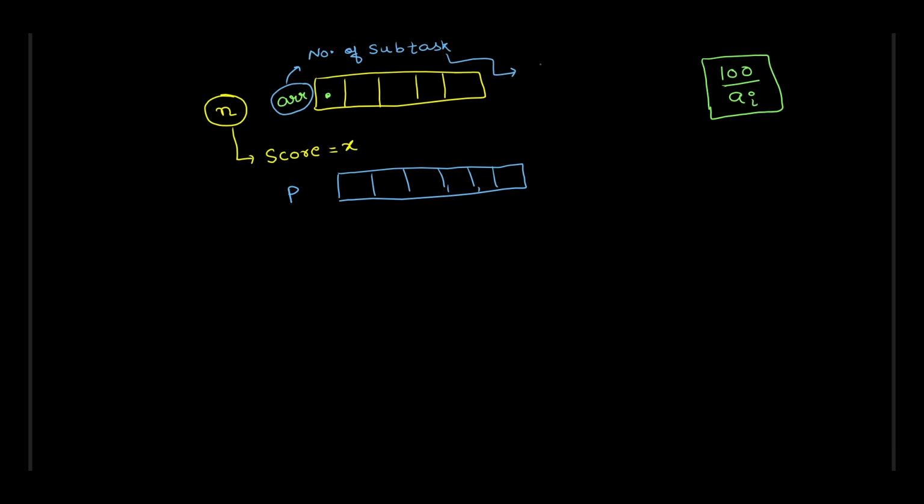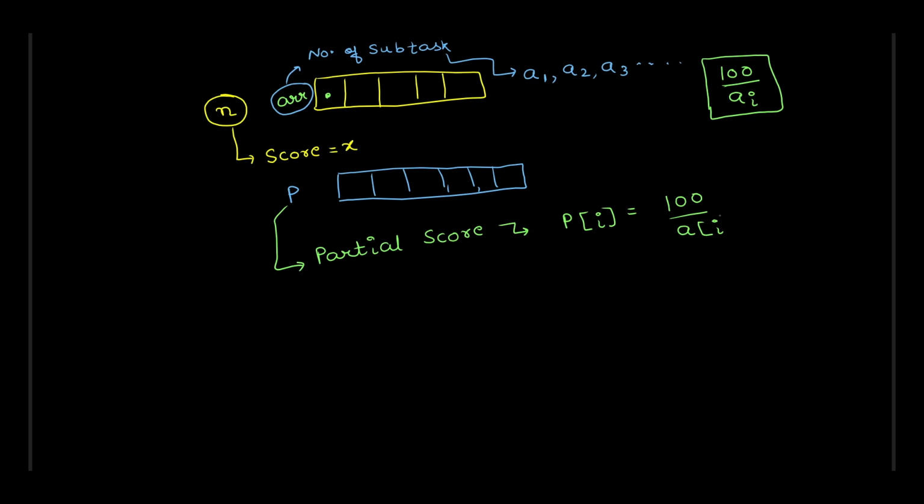And here you are given A1, A2, A3, and so on. And let's create another array P. And this time you say that this is the partial score for each problem. Right now we are not solving the problem, but just simplifying things so that this division does not confuse us in the future. So P of I will be equal to 100 upon A of I. So once you have computed this P array,